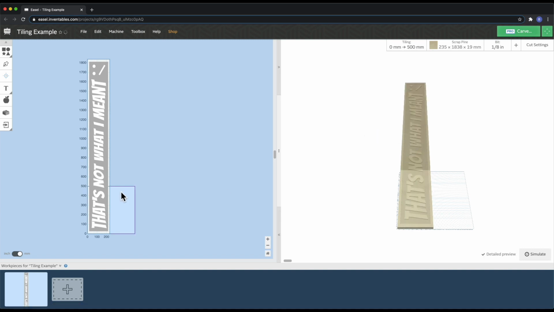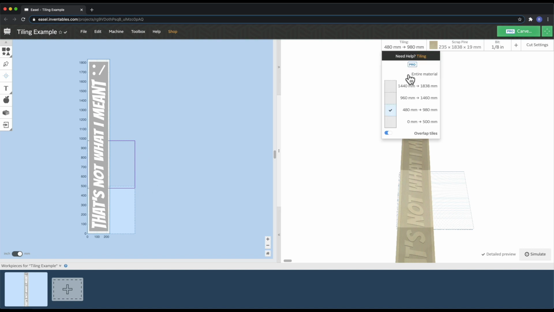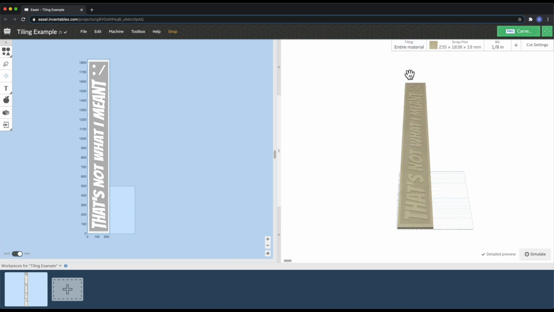You can see when we have this one selected, that is our entire machine area. And when you select this one, you can see that 1-inch overlap between the light blue machine and then the actual purple of our second tile. Now, there will be some cases where the workpiece is larger, but the design area of the workpiece is smaller than the machine work area. In that case, you can select entire material,